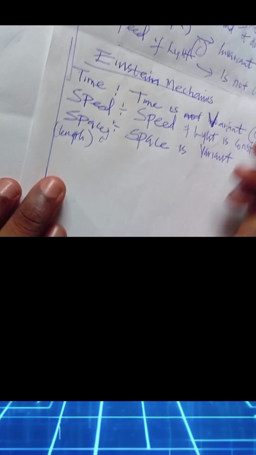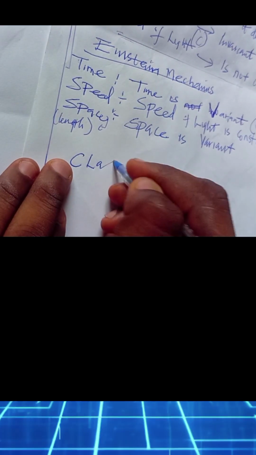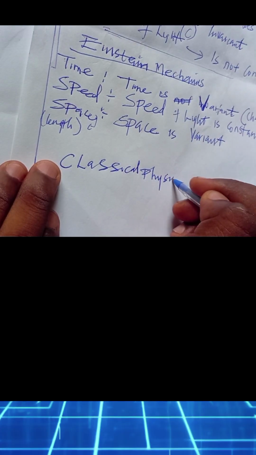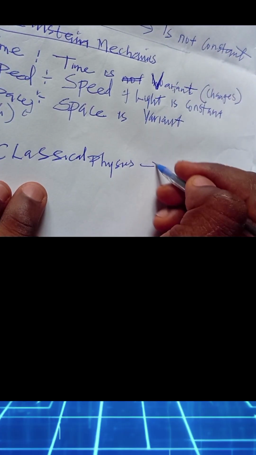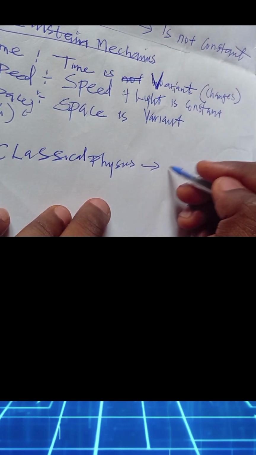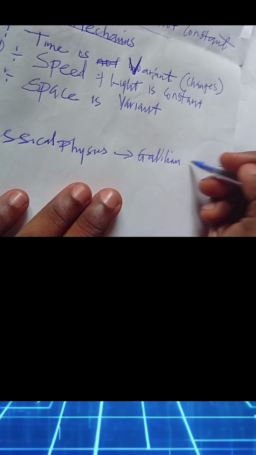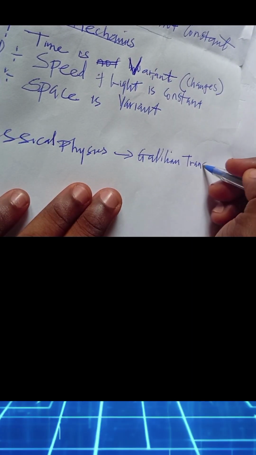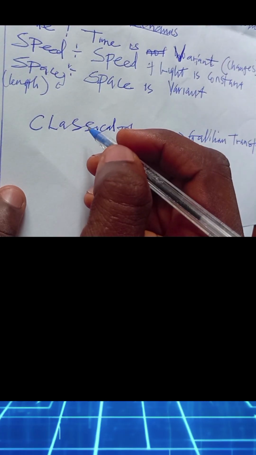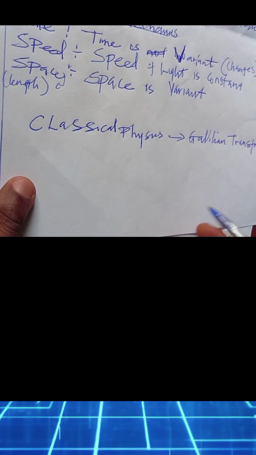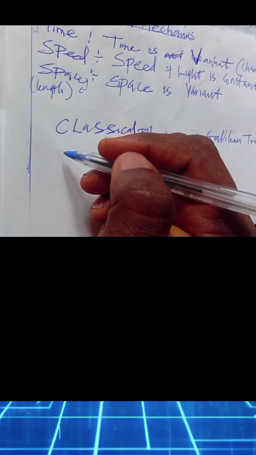In classical physics, you'll be looking at the transformation called the Galilean. Please don't mind my handwriting. If you're not seeing it, just use the word that I'm saying. I'm just being fast. The Galilean transformation. I said for classical physics, we'll be looking at the Galilean transformation, right? Then for